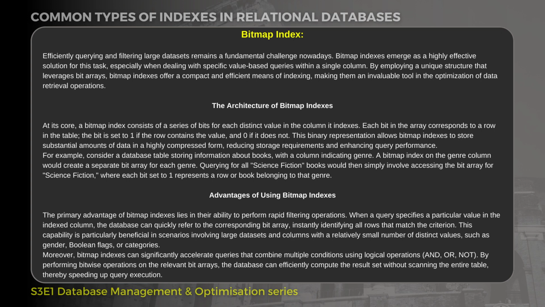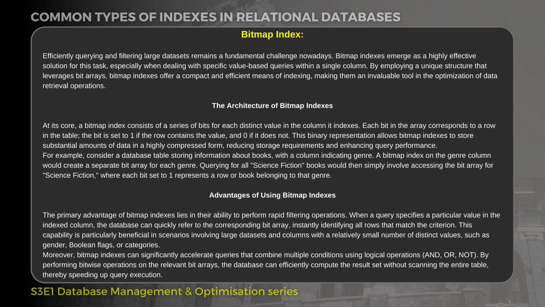The architecture of bitmap indexes. At its core, a bitmap index consists of a series of bits for each distinct value in the column it indexes. Each bit in the array corresponds to a row in the table. The bit is set to 1 if the row contains the value, and 0 if it does not. This binary representation allows bitmap indexes to store substantial amounts of data in a highly compressed form, reducing storage requirements